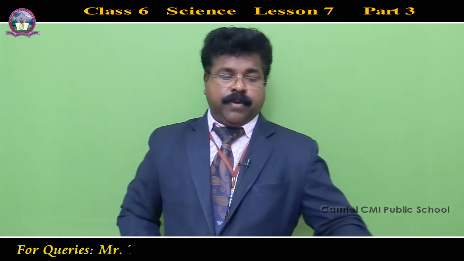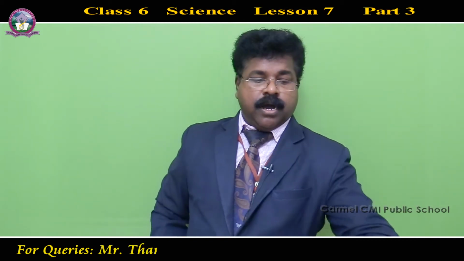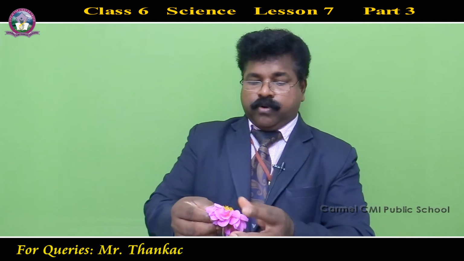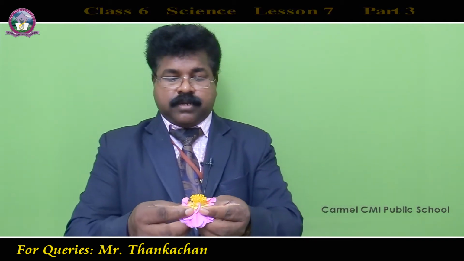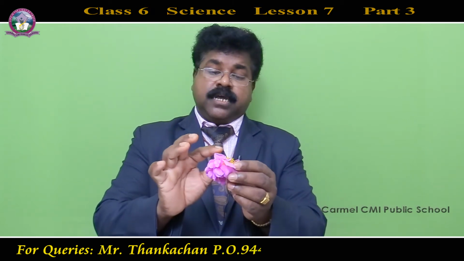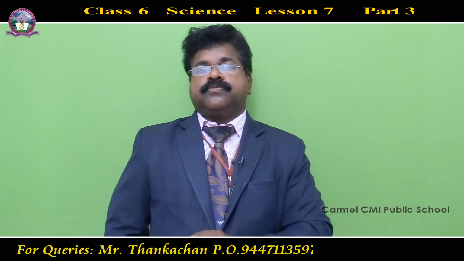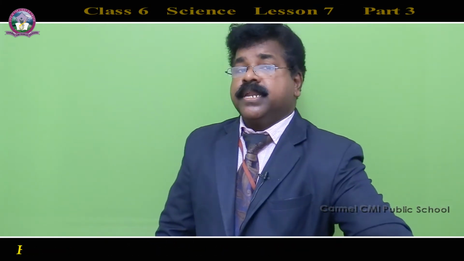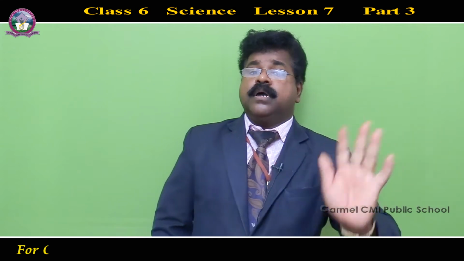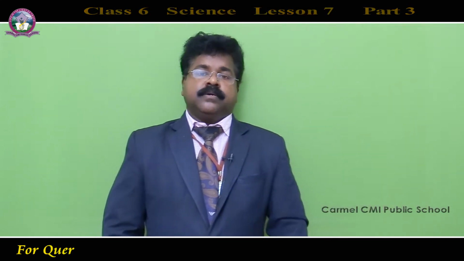Whatever it may be, almost all flowers will have all these essential parts: sepals, petals, stamens and pistil. If all these 4 are there, we can say it's an example of a complete flower, that has all the important parts of the flower.